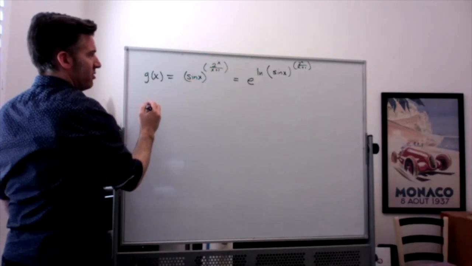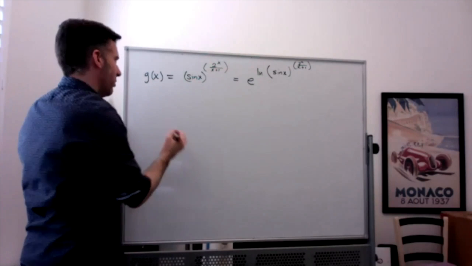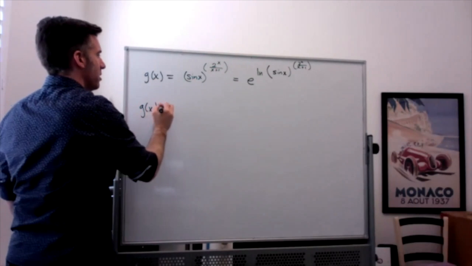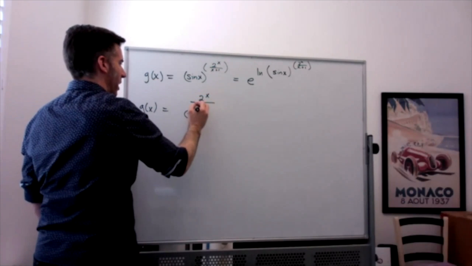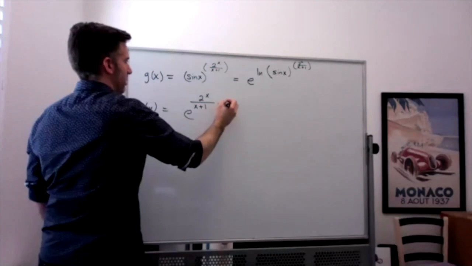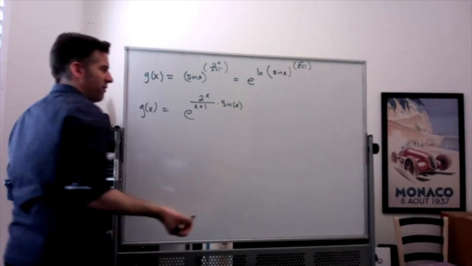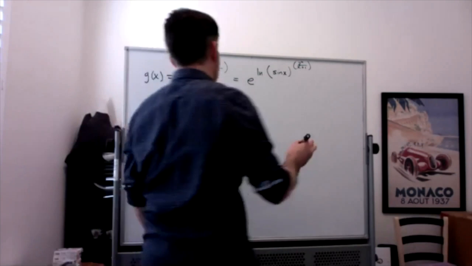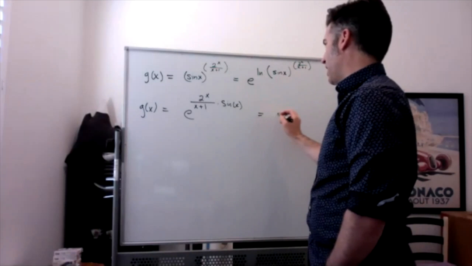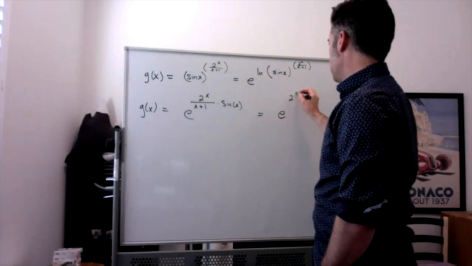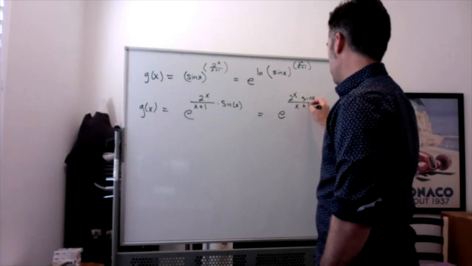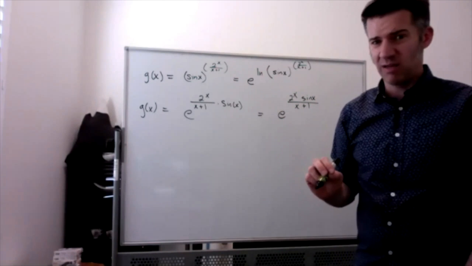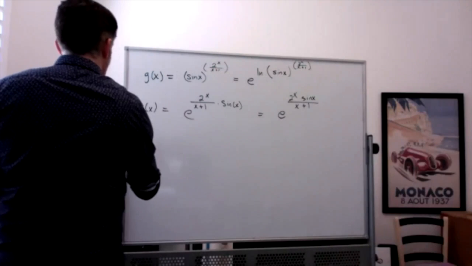So this is going to be kind of nasty. Oh well. Sometimes that happens. We have e to the, I have 2 to the x over x plus 1 times sine of x. And before doing that, I'm actually going to write it so that it's easier to deal with. I'm going to write that as e to the 2 to the x times sine of x over x plus 1. All right, this is going to be gross. It's all right. So now our derivative,